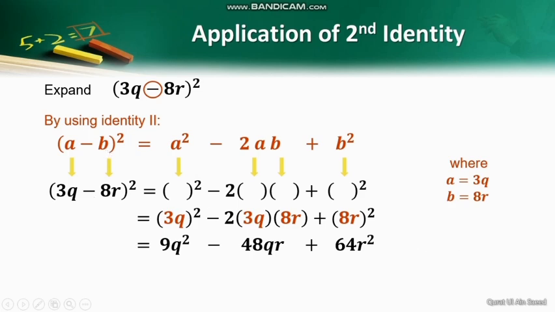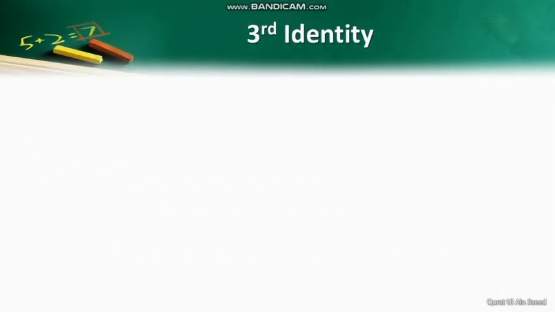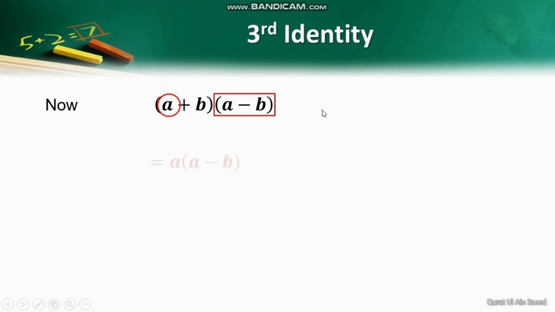Now let's move on to the third identity. The third identity is actually based on the product of sum and difference of a and b. We expand this product by distributive law as we did earlier. a times (a minus b) plus b times (a minus b), as you can see on the screen. Now further expansion will result in